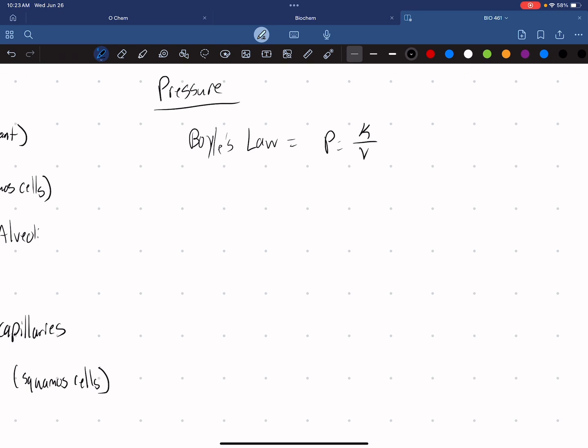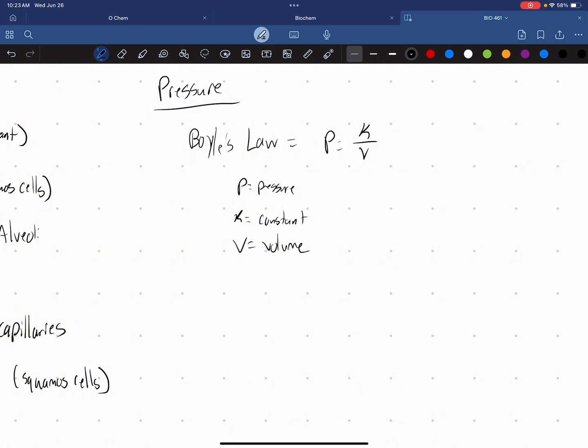If the pressure were to increase, the volume would go down. So P is equal to pressure, K is a constant, and V is equal to volume. So it's this idea of pressure and volume being inversely related that guides the lungs for this certain